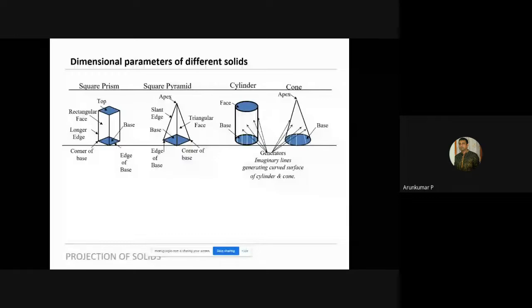And when you do that, the entities that you get are again imaginary lines which will be there on the surface of the cylinder or on the cone, basically on the periphery. These lines which you artificially create are called generators. Depending on it, if you want to divide into 8 parts, there will be 8 generators. If you want to divide into 12 equal parts, there will be 12 generators. These generators will help you to do the projection of the cylinder and the cone in case of solids. We'll see this later.